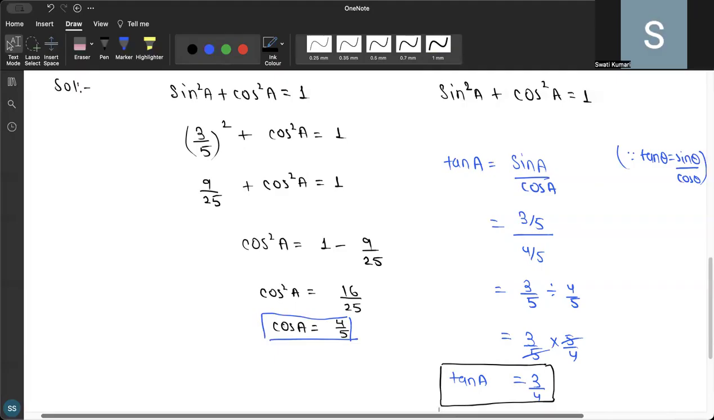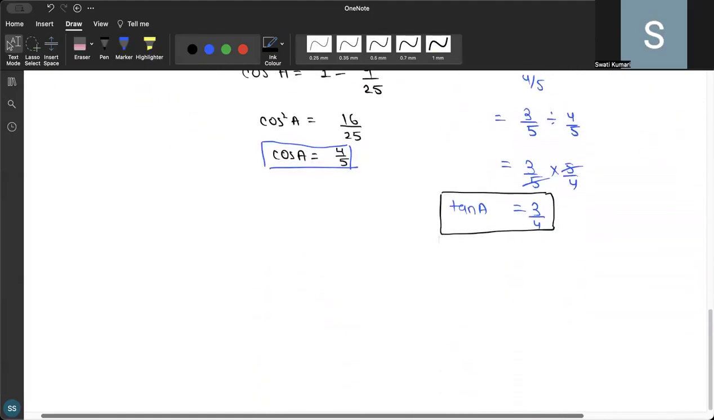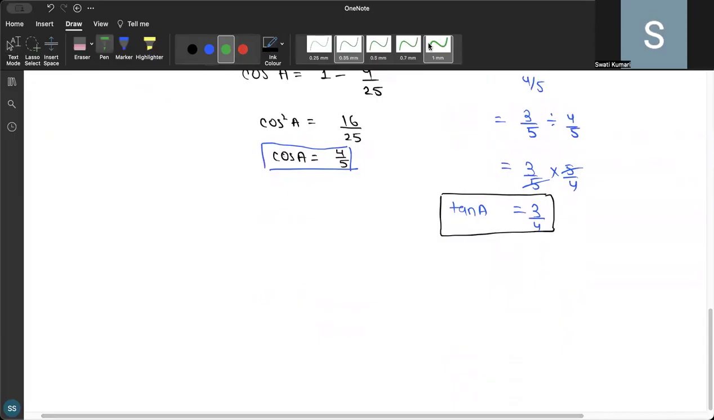And there you go. Tan A equals 3 by 4. That's it. We wanted to find out the value of cos A and tan A, and there we go. We are done with this. Now we can go to the third question. The third question is